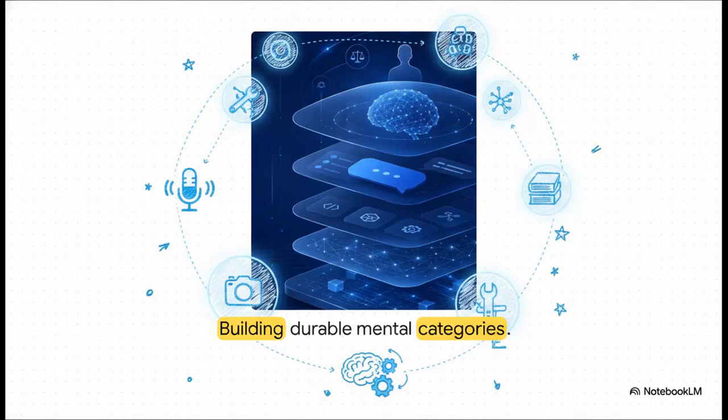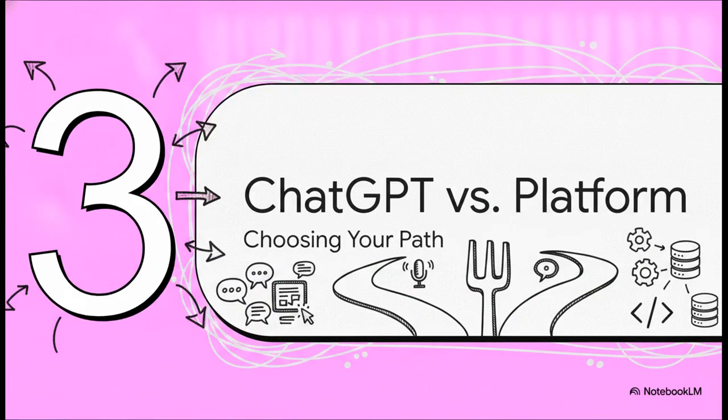Now, try this mental exercise. I want you to place every AI tool or feature you currently know into one of these distinct layers. Doing this is so incredibly important because, let's be real, product names are going to change, and in this industry, they change fast. But this underlying selection logic, that endures. Knowing which surface fits your specific use case is basically the ultimate future-proof skill. Which leads us perfectly into part 3, ChatGPT versus the platform.